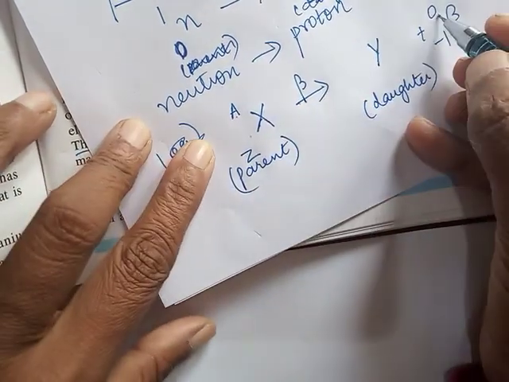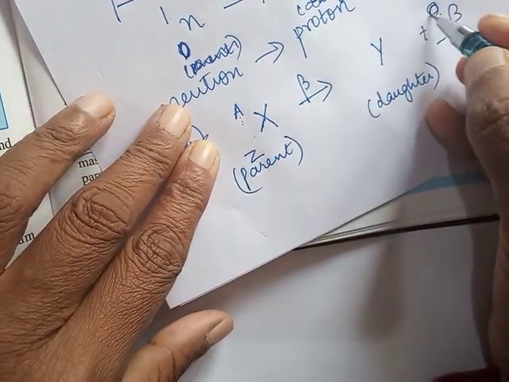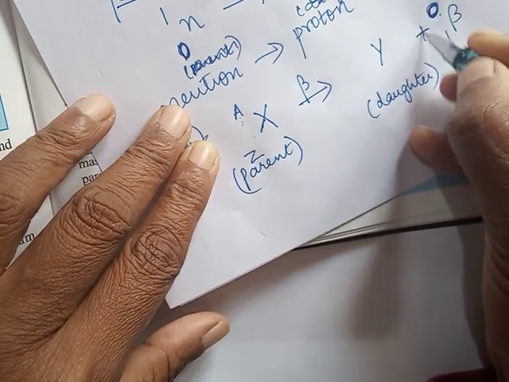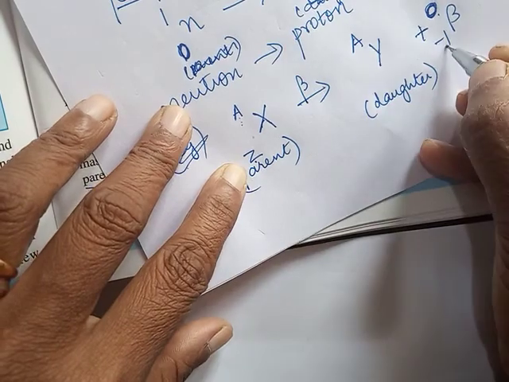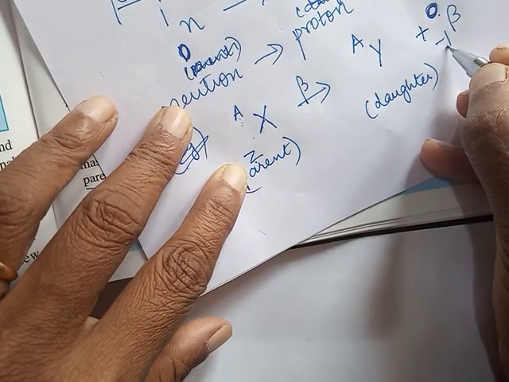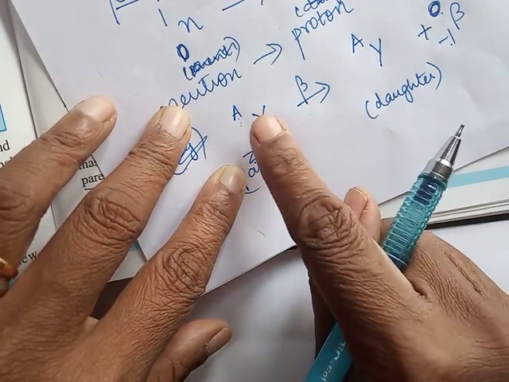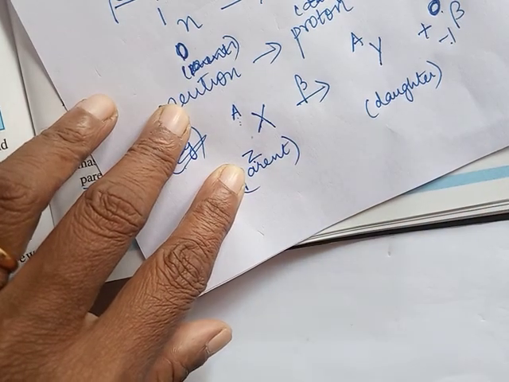Its mass number will remain the same because beta's mass number is 0. So there won't be any change. A minus 0, again A, Z minus of minus 1. Okay, see the law of conservation of